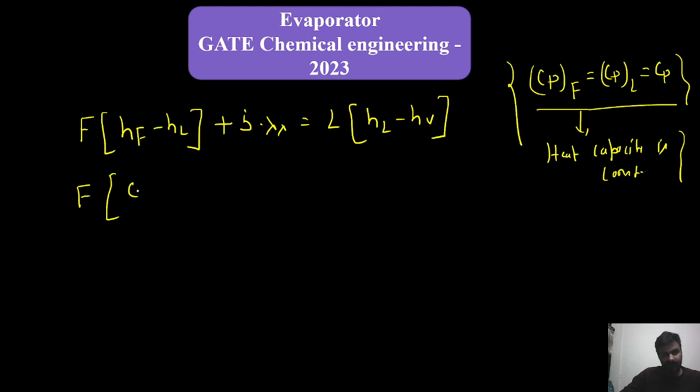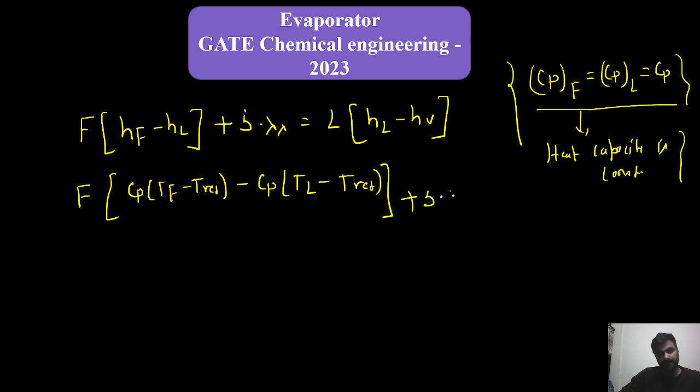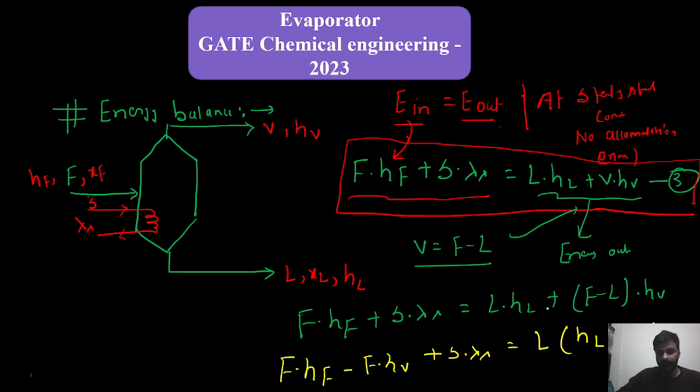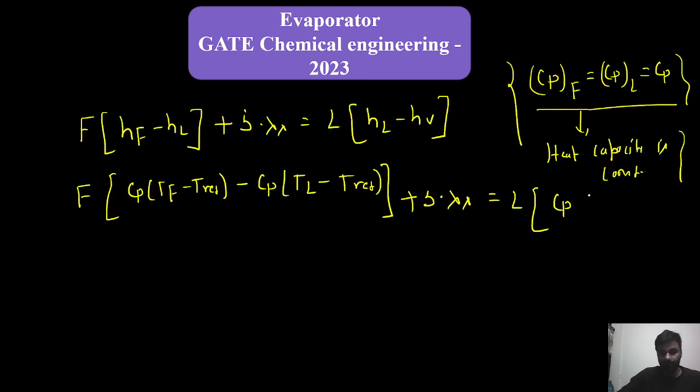if heat capacity is constant, so can I write, my dear student, Cp Tf minus T reference, minus Cp TL minus T reference, right? Plus S into lambda S, that is equal to L Cp. So here I have done one mistake, so we are writing here F into HF, right? So yeah, we can write here Cp TL minus T reference minus HB, that is Cp TB minus T reference. Okay,